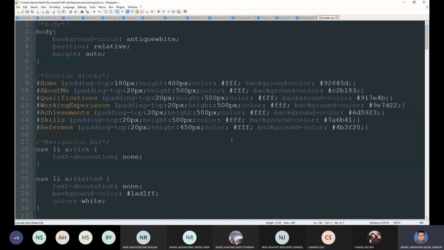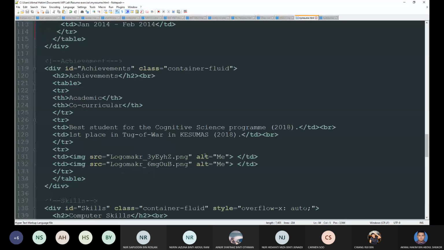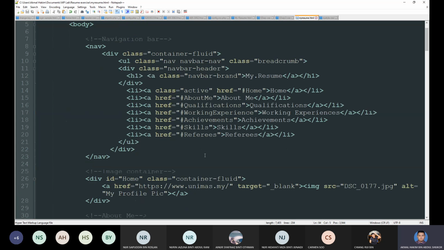When that is done, make sure you check back at the section blocks that every hashtag has been completed and every row is accounted for. So you can see the home, about me, everything else is the same as your navigation bar here. You can see your nav bar, you can see the hashtag about me, qualification, working experience, achievement, skills, and referees. The reason why this is important as well is because